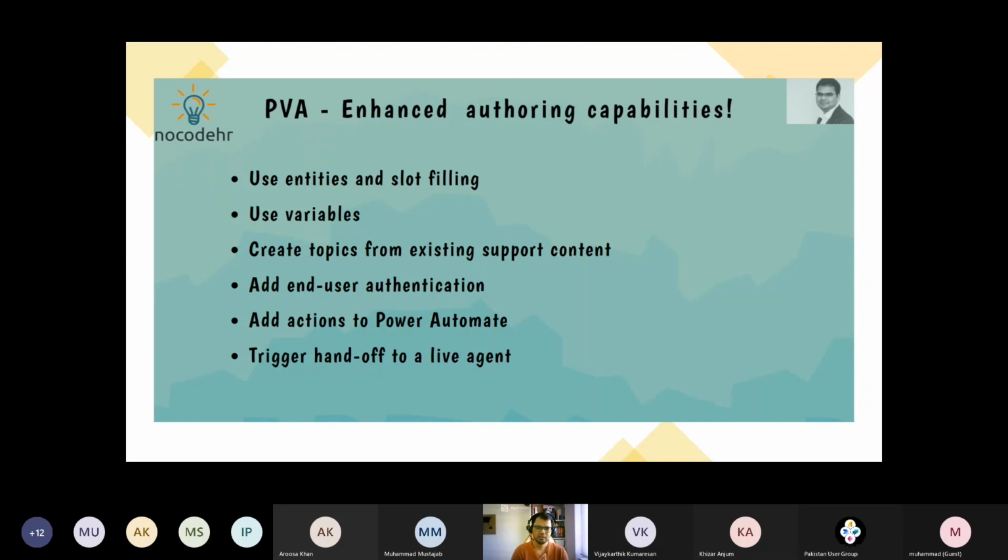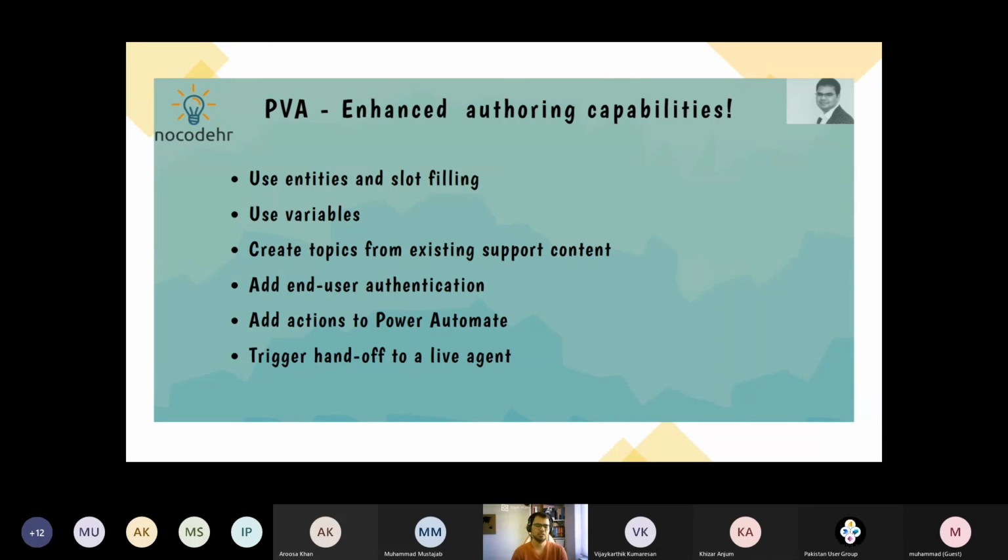The next topic I wanted to highlight is that what we saw is a very basic experience of how easy it is to create a chatbot and embed it in Dynamics 365 HR. But there's a lot behind it, and you can make it more sophisticated by using different enhanced authoring capabilities. For example, you can connect the conversation into a Power Automate flow, or add end user authentication where you're first authenticating who is interacting with the chatbot and then giving more information,